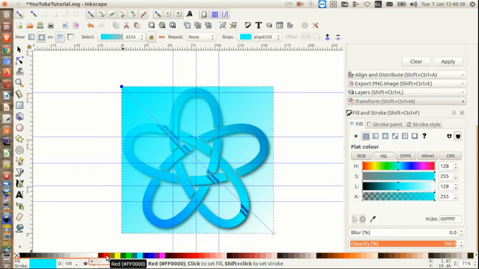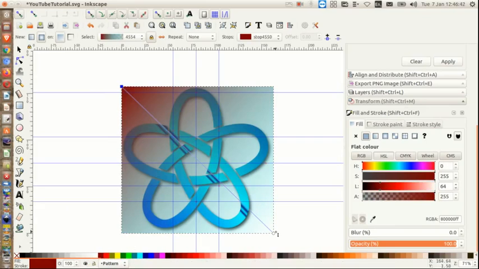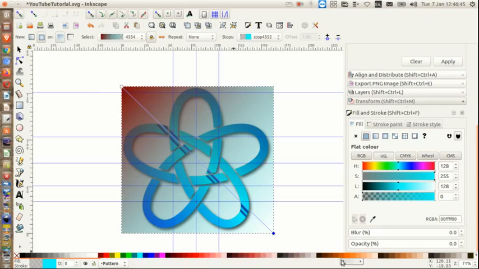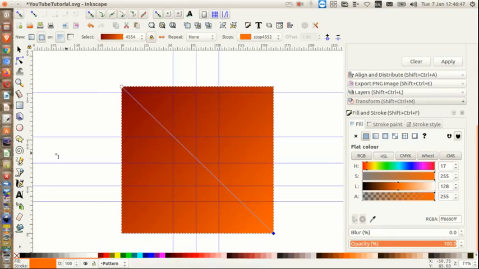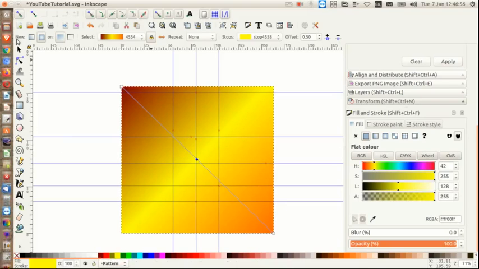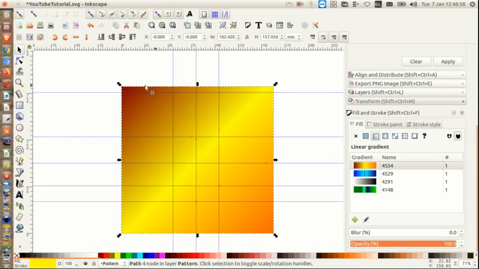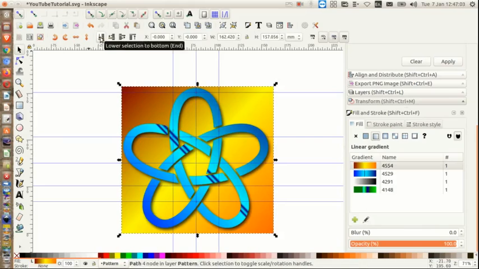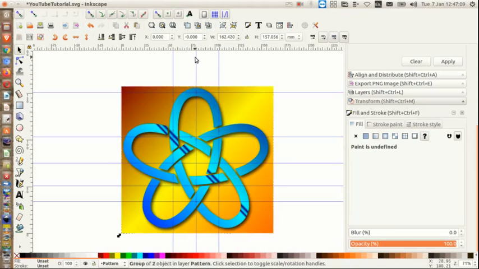Make that a dark red and make that orange. Double click in the middle and make that yellow. That looks okay. And now if I send that to the bottom, that looks good. Click on the pattern itself